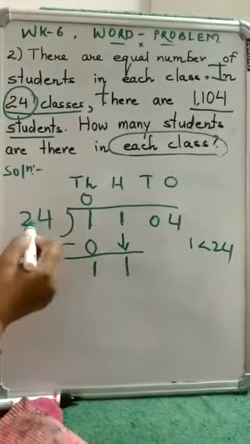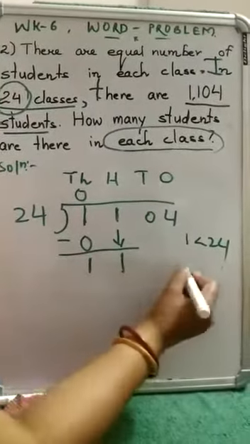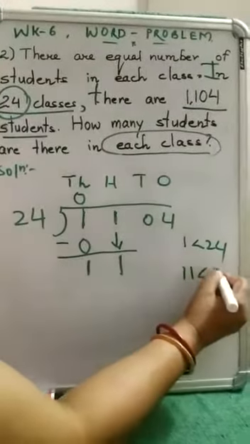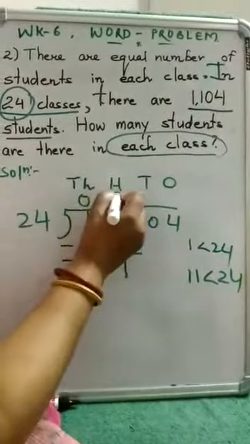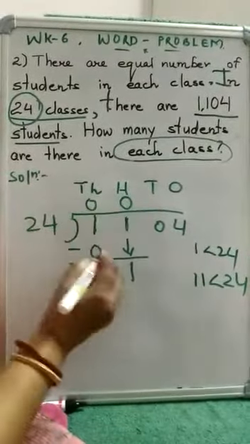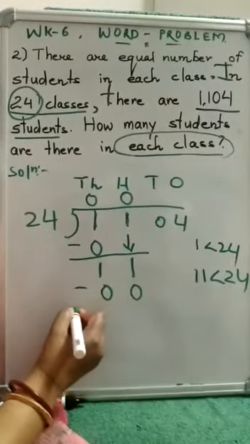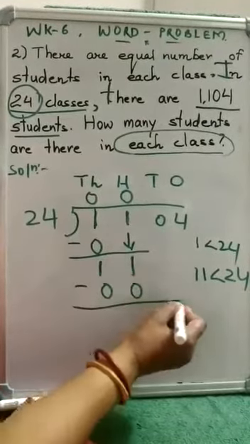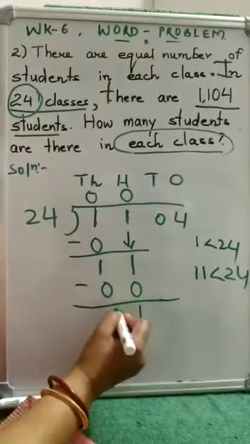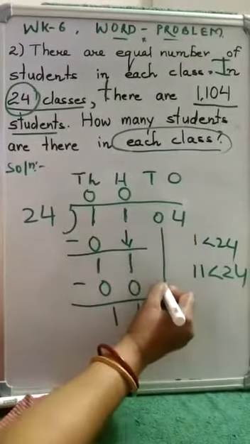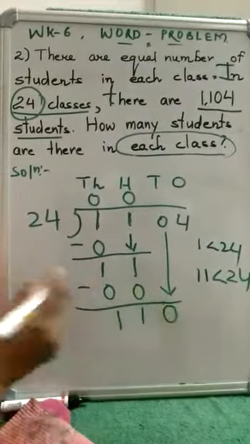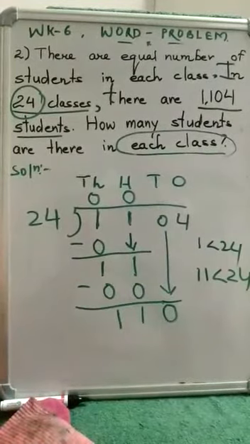This 1100 will be divided by 24, but this 11 is less than 24. So I will again multiply 0 at the 100 place with 24. So 0 times 24 is 0. So now I will subtract. 1 minus 0 is 1. 1 minus 0 is 1. Now I will put down this 0 along with 11. Now it becomes